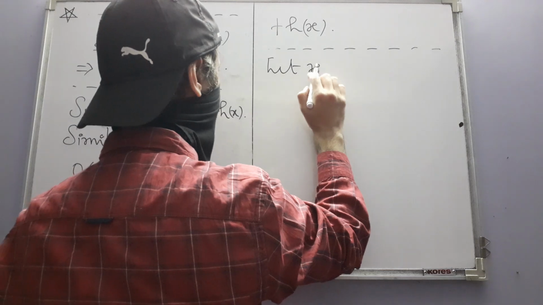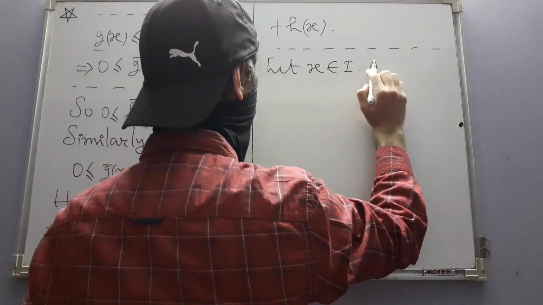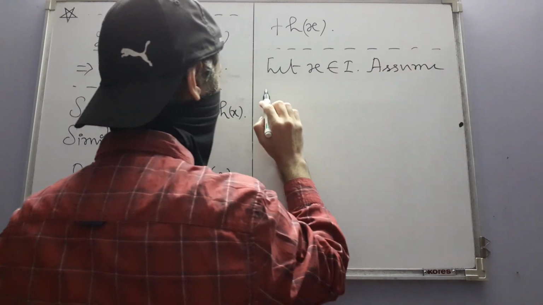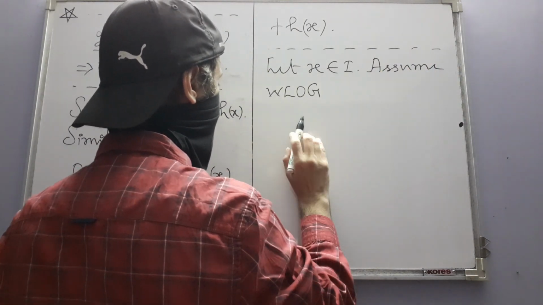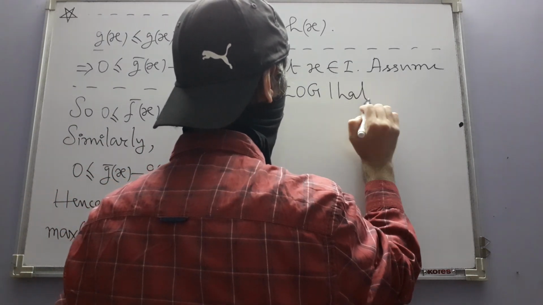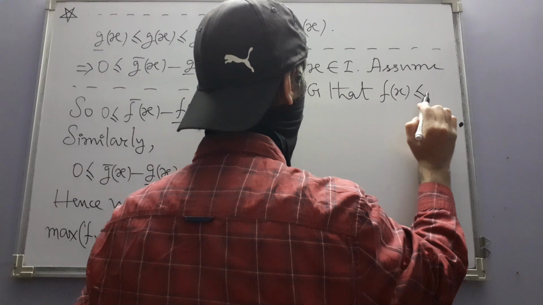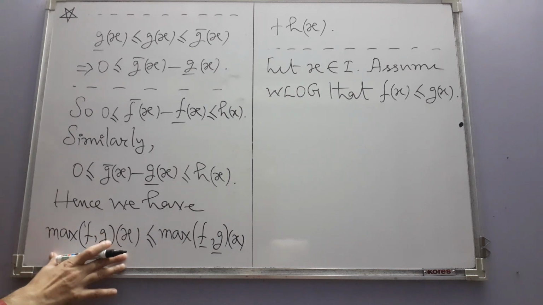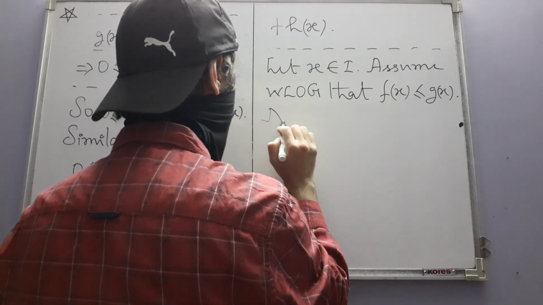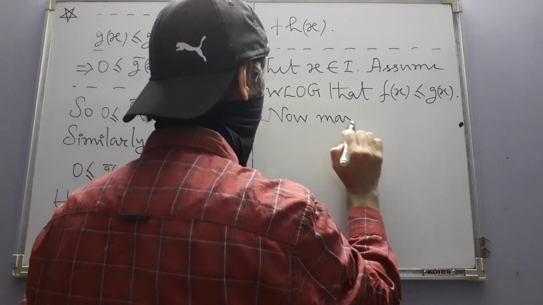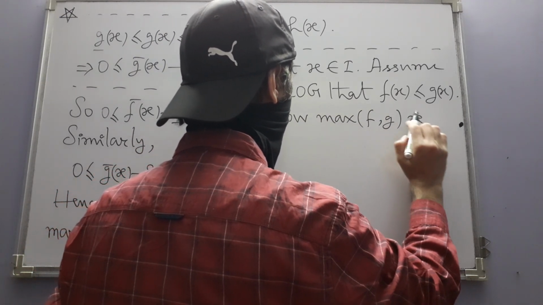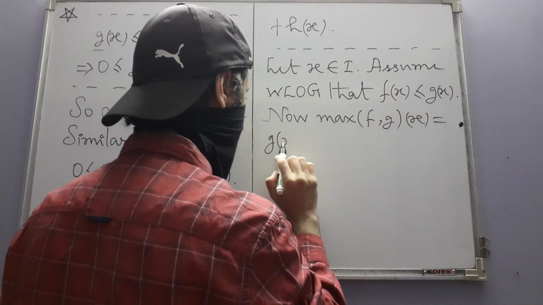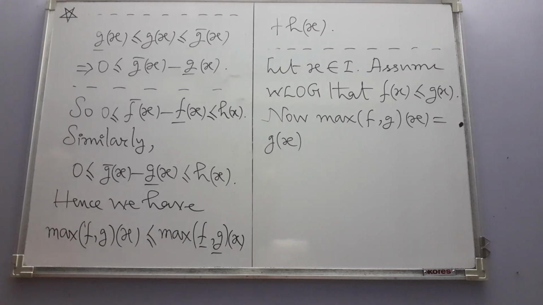Let x belong to I. Again, assume without loss of generality, WLOG, that f of x is less than or equal to g of x, then this max value will be equal to g of x, okay. And what can we